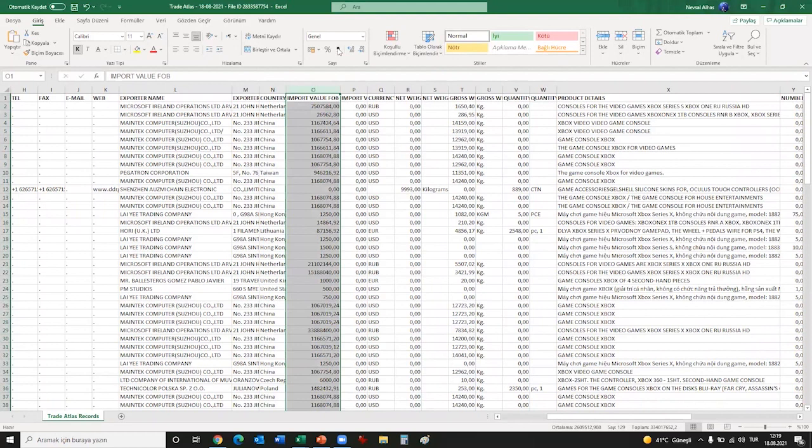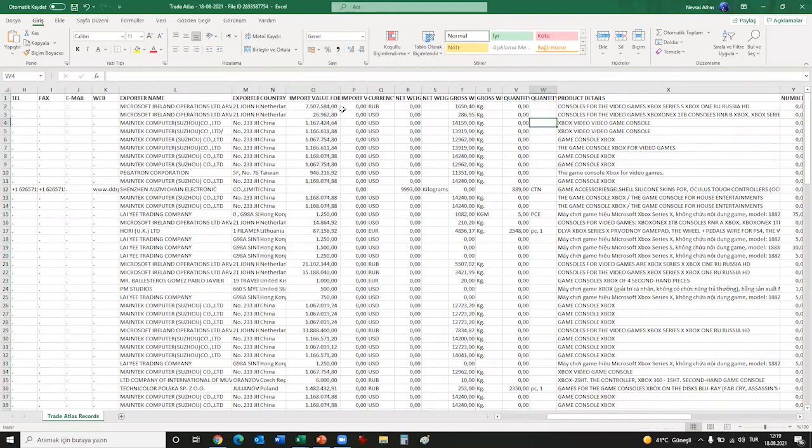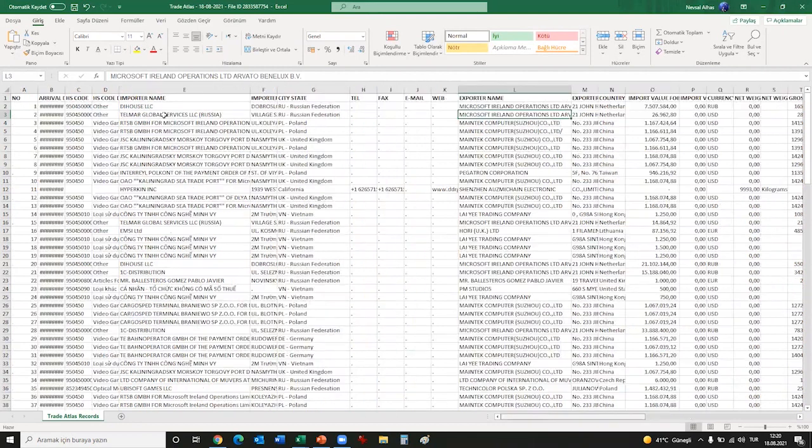I don't know. Let's see how many. I cannot see the quantity, unfortunately, but they paid 7.5 million. But okay, so this is the ruble. And this is, for example, 27,000 US dollars worth of Xbox. It is 286 kilograms. So I can just go to the Xbox official site and see what the weight of a single Xbox is. And then I will just calculate the number of consoles here, and I will see what the price of the Xbox is when Microsoft is selling to this company in Russia,